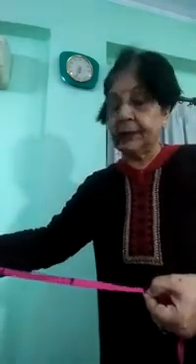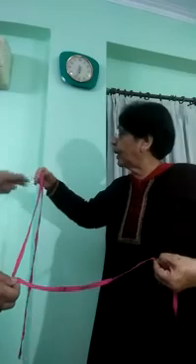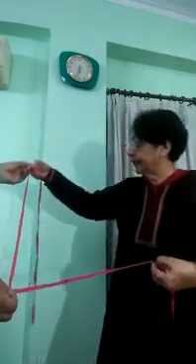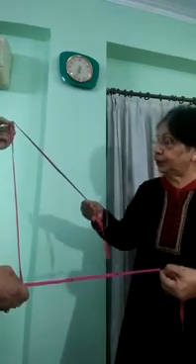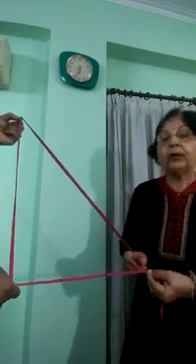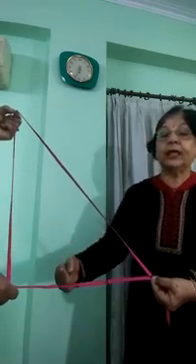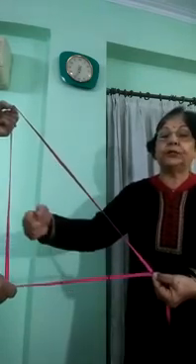Now these two ends are there. I take one of the ends and I take 1, 2 and 3 parts. Right? All of you can see the 3 parts? Yes. And then I take 1, 2, 3 and 4 parts and hold it here. The rest I have 1, 2, 3, 4 and 5 parts. I put them one upon the other. Now can you see what has happened? Can you see a right angle is formed here?